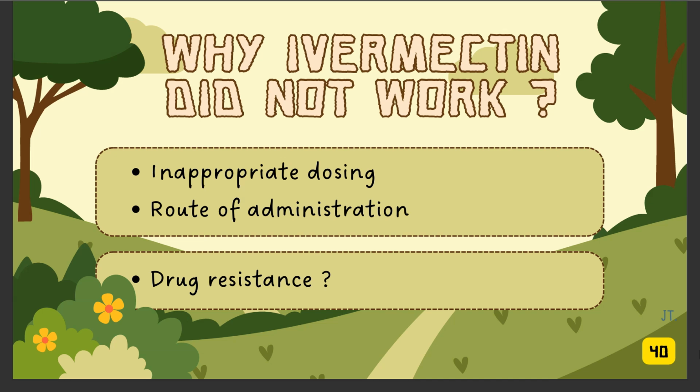This farm has been giving the goats ivermectin for deworming, but why are some of the goats still infected with parasites? It brought up 3 main reasons for why ivermectin didn't work in this herd. First is inappropriate dosing, which is less likely because this farm has given an overdose. Second is route of